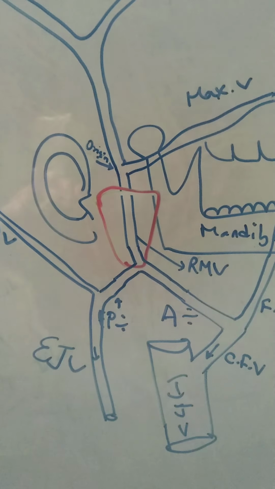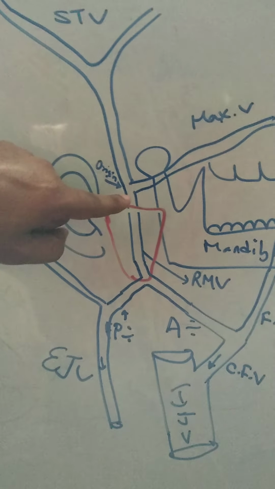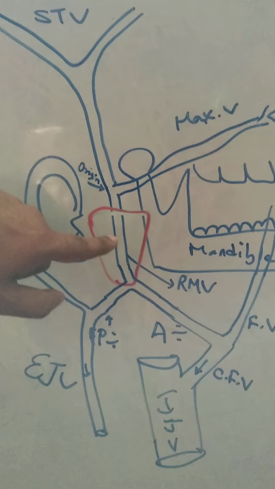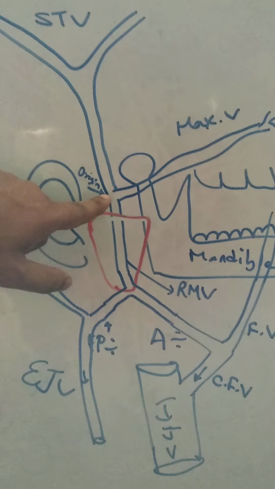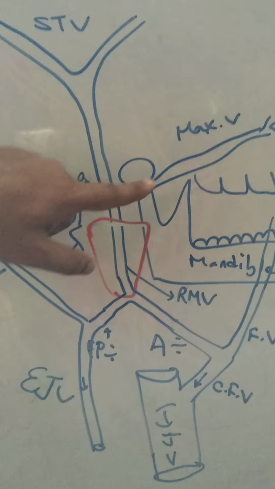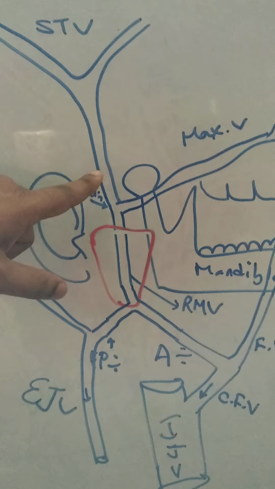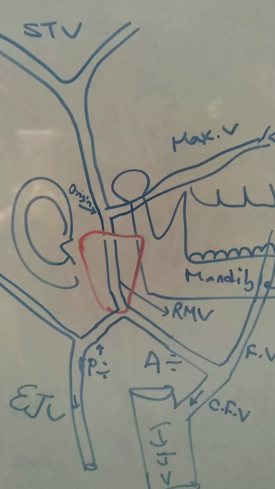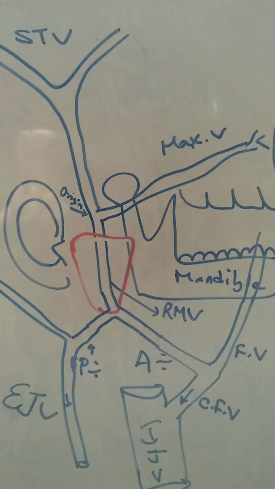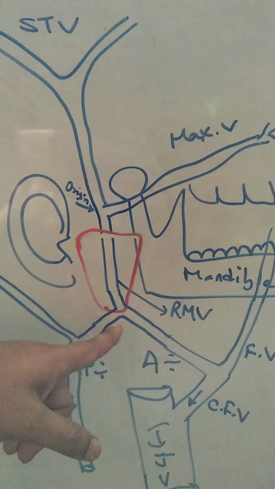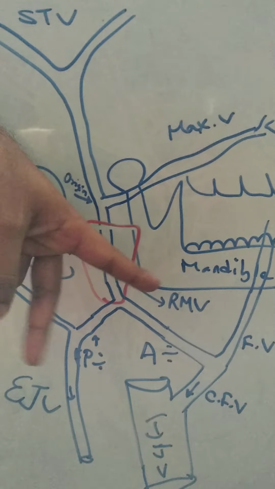So in summary, the retromandibular vein location is behind the mandible within the parotid gland, origin at the level of neck of the mandible by the fusion of maxillary vein and superficial temporal vein, course vertically downwards within the substance of parotid gland, deep to the external carotid artery. It terminates at the apex of the parotid gland into anterior division and posterior division.